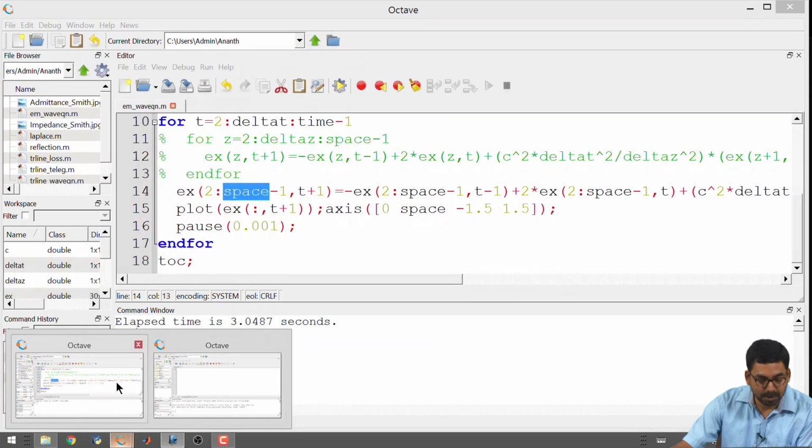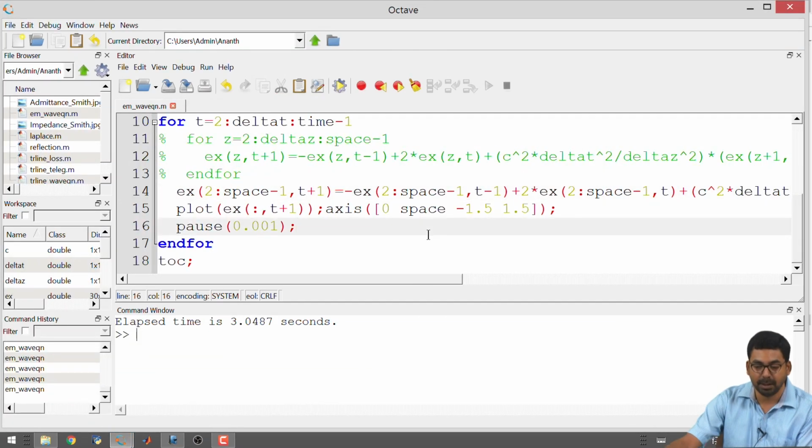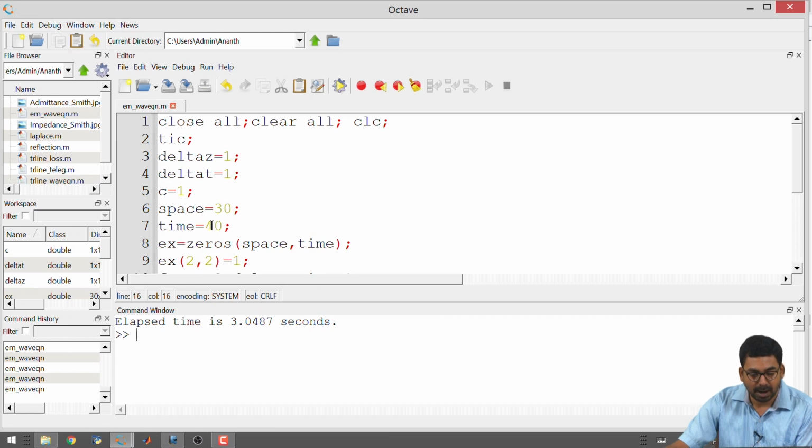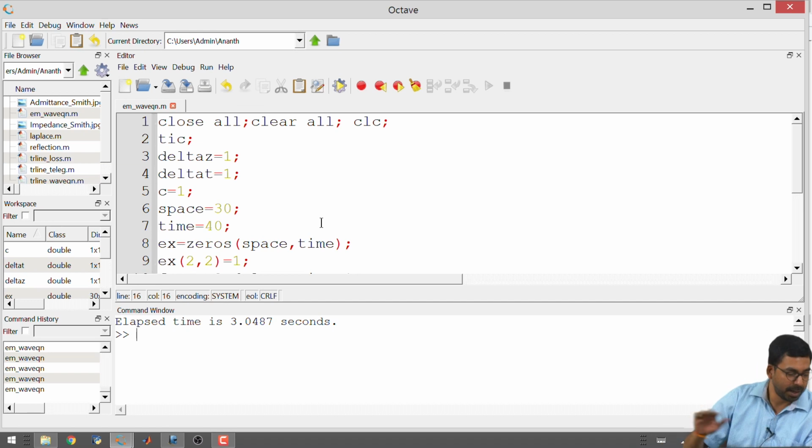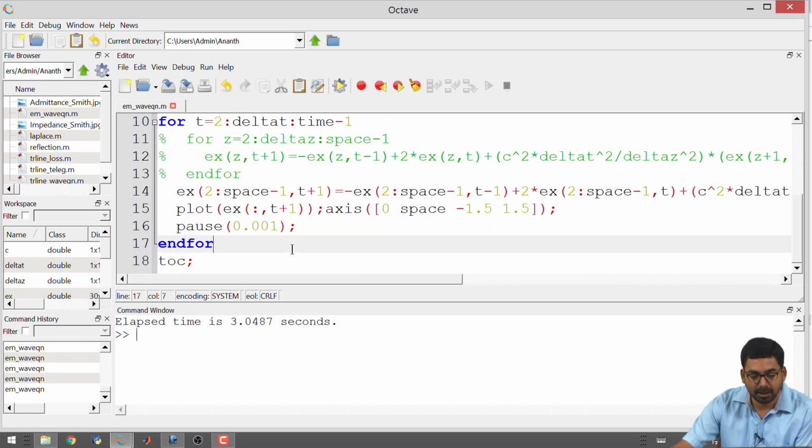Let us also go ahead and do a few other things. Let us go ahead and we already have the time to be at 40. So, it went to the right extreme, bounced and came back. In the case of transmission lines, when we had dealt with the transmission lines originally, we started with this